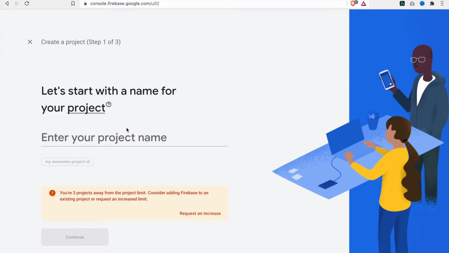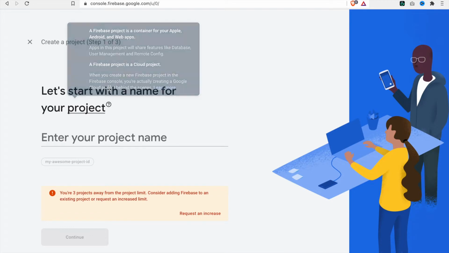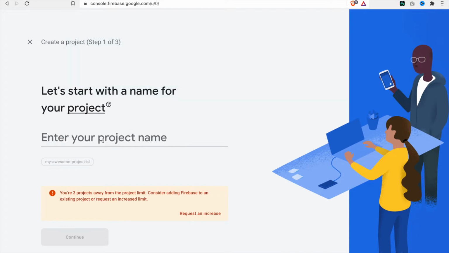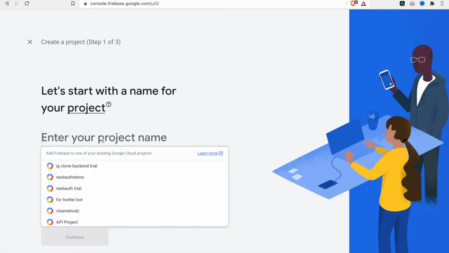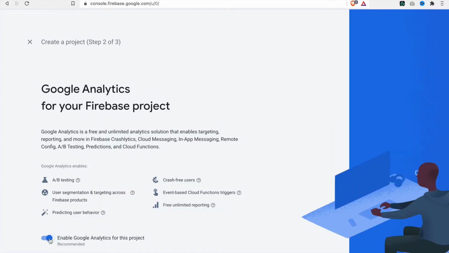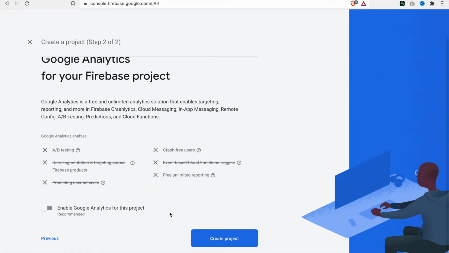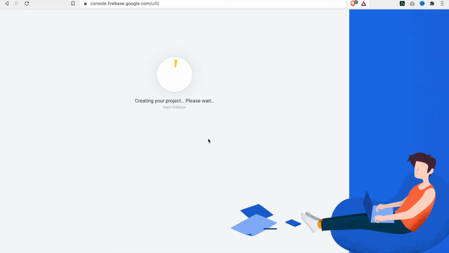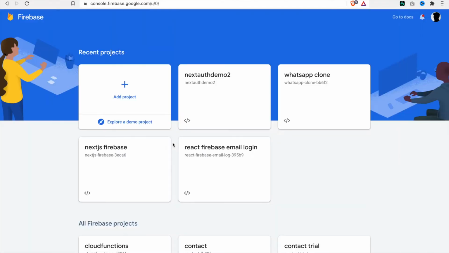In this part, we are going to add the Firebase Adapter. So each time the user logs in with email, it will have a record inside the Firestore. Now first we go to Firebase, and then we type a project name, and then we disable Google Analytics, and then we create a project,